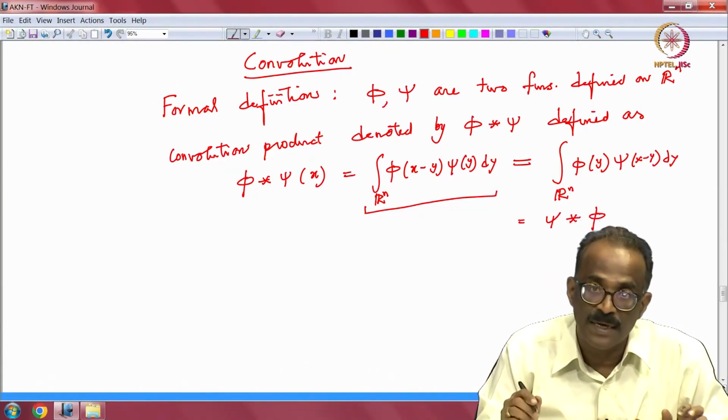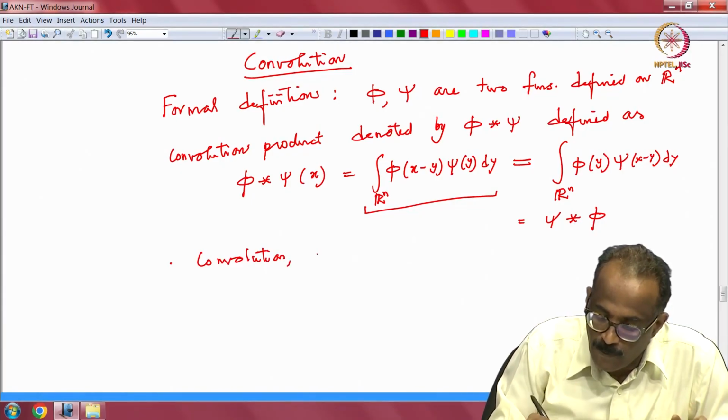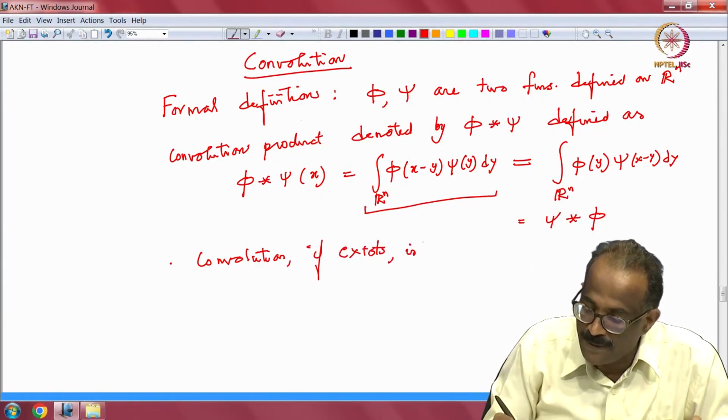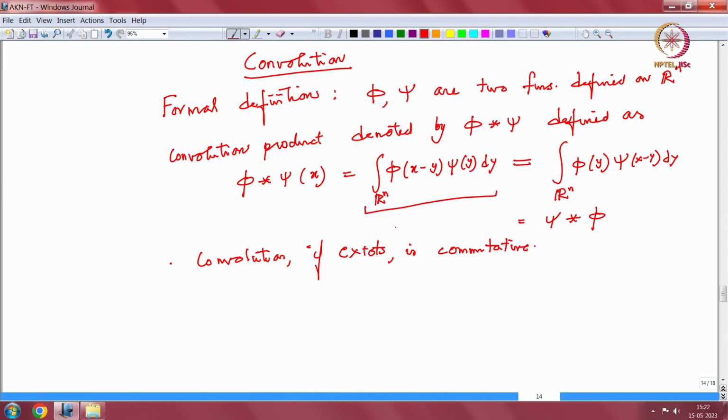So, the convolution product, that means convolution, if x is commutative. A very nice property immediately. So, do not forget about the definition, whatever it is, we will define it this way. Okay. So, we will start with an application. You have already seen one important application: convolution